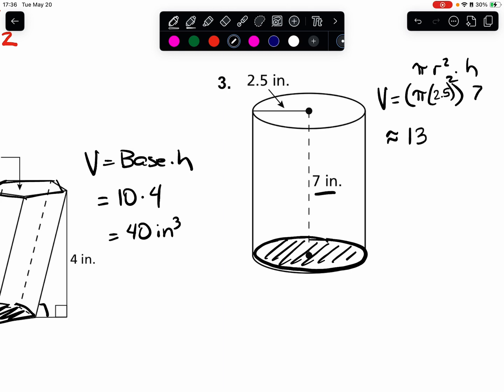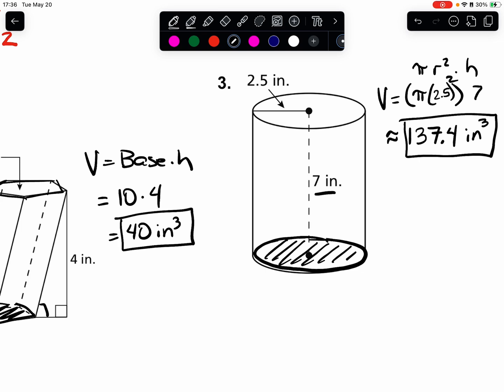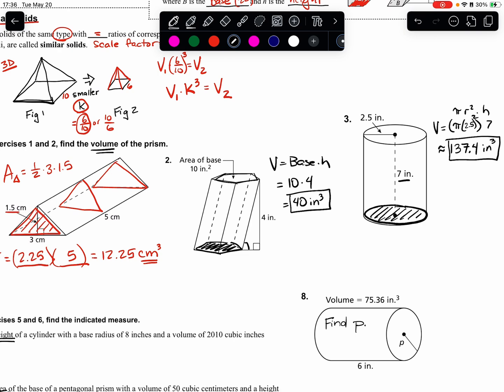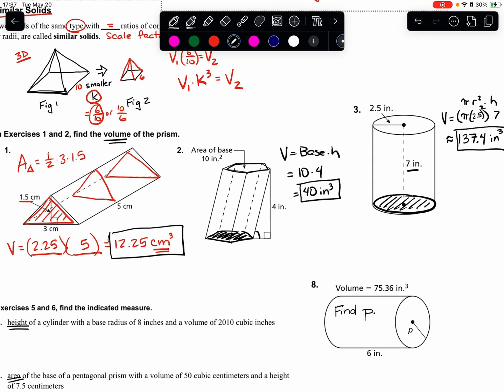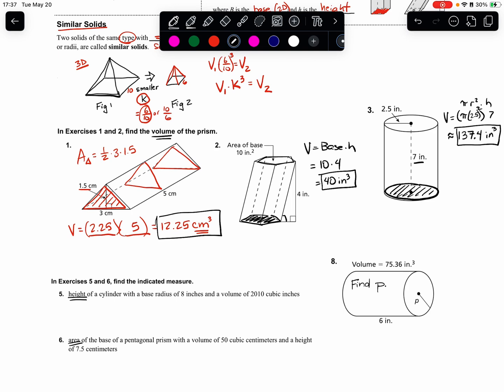All right, and in approximated form, rounded to the nearest tenth, I have 137.4 inches squared. Whoop, not squared. Bad habit, inches cubed. Volume of my cylinder, volume of my prism, volume of my